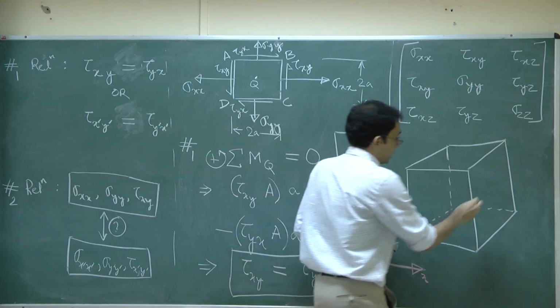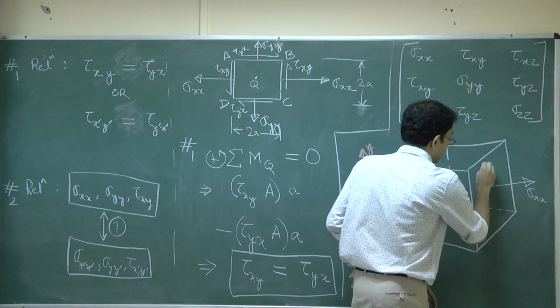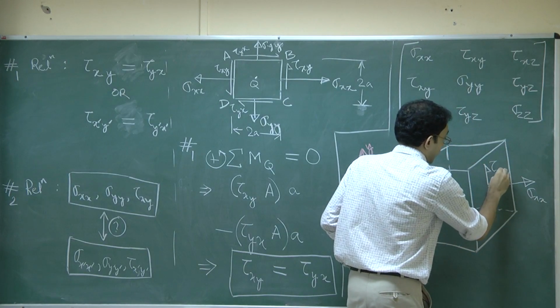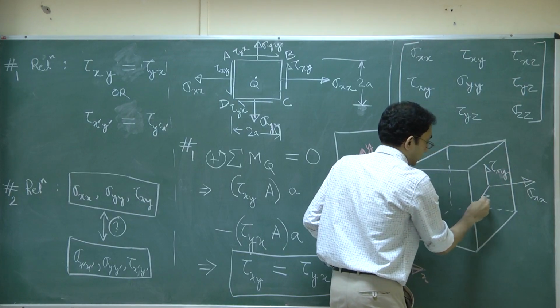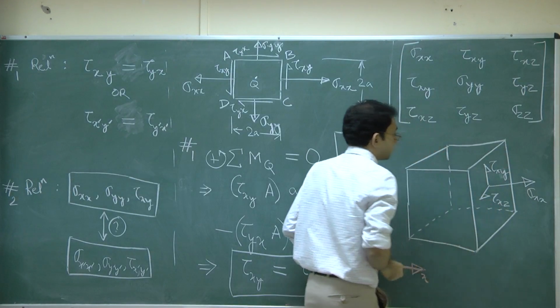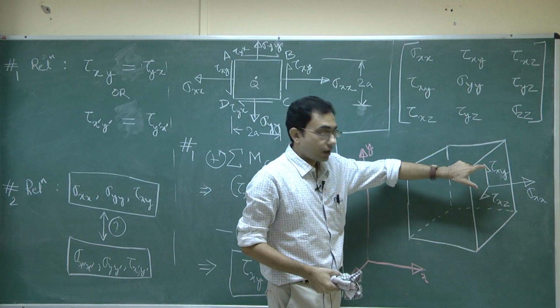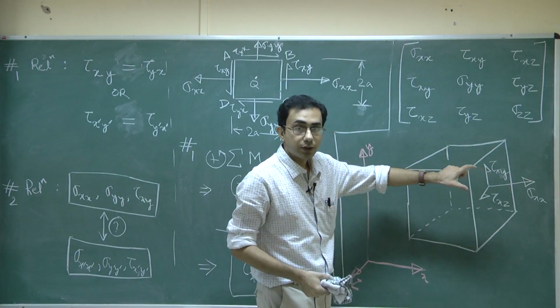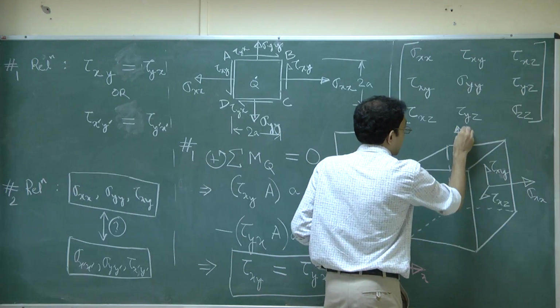we can very clearly just write sigma xx here, tau xy here, tau xz here, considering the actual face which is having the outward normal along the positive x direction. Similarly, I can just write it as sigma yy